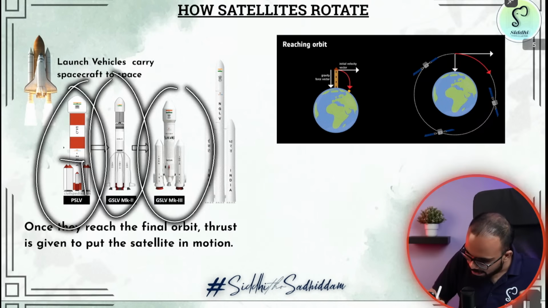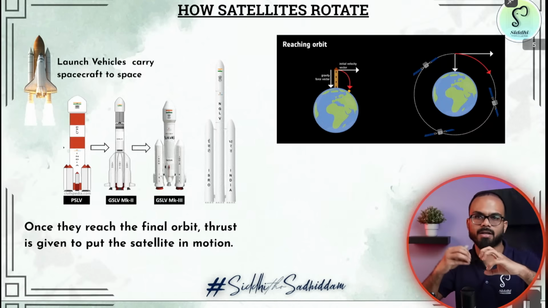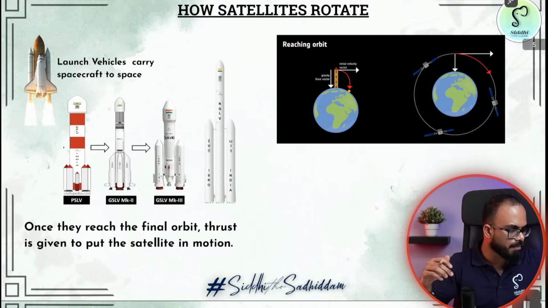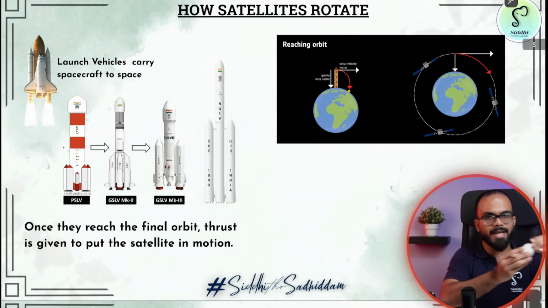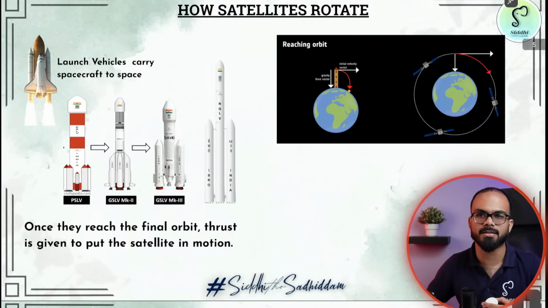And at each stage of launch vehicle there is a particular jet or there is a particular fuel. See, 90-degree rotation is needed because, again, I'll come back to the same point. Let me complete this. I'll answer your question why 90 degrees is needed. Yeah, that's a very good question.